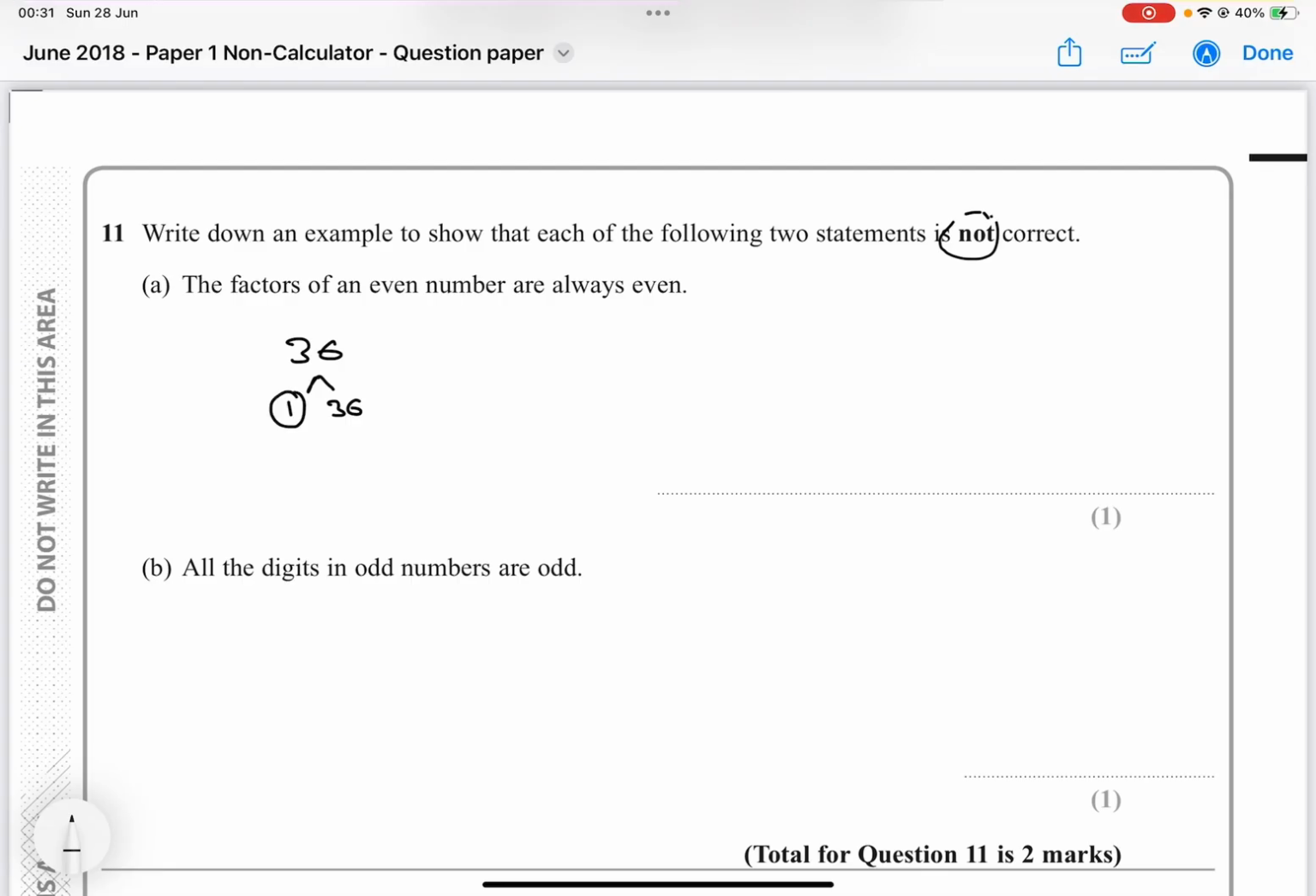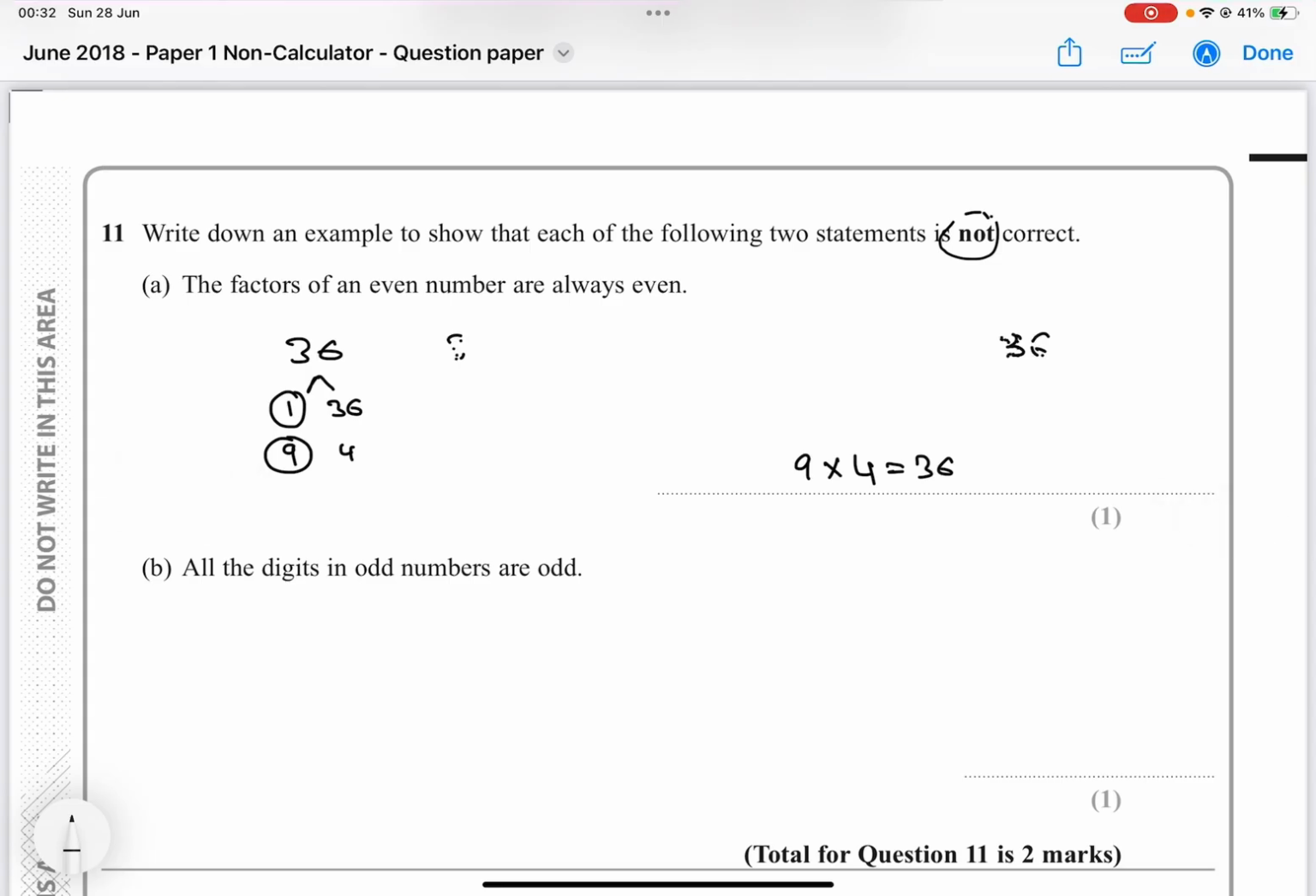We have 9 and 4. 9 is not even. So already we've just proved it. So how would we actually write this down? Well, you can just write down the factors. So just write 9 times 4 equals 36. And maybe just a small little conclusion, yeah? So we can say that 36 is an even number